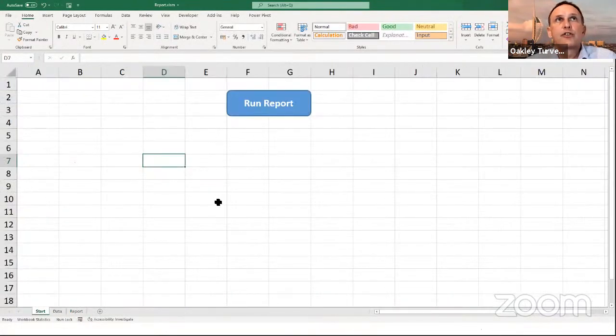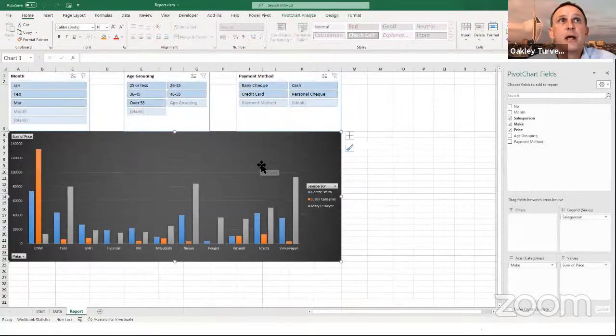And on our start screen, we've got our run report button. So now if we just hit the button, it will run the report, running all of those individual macros. And we can do this in one go, or we can actually step through the code and look at it. We're going to try and run the report. Like I said, there's no guarantee it is going to work. We might have to go and look in the code to see if it does. But actually, that worked fine.